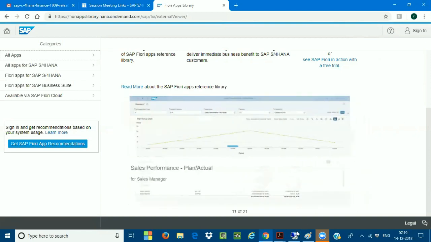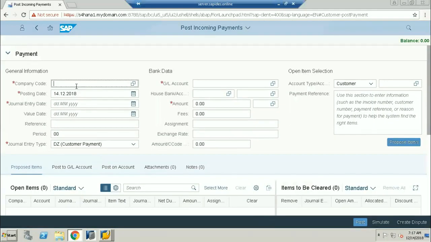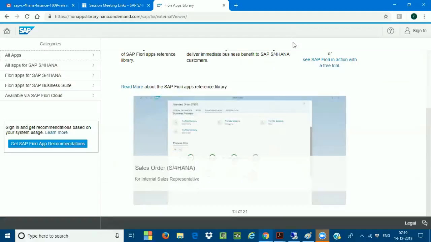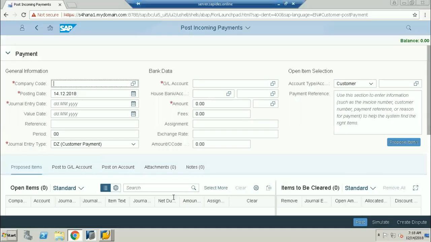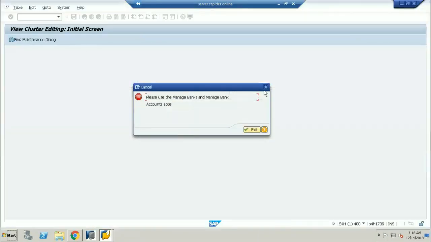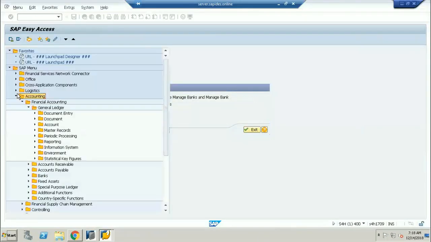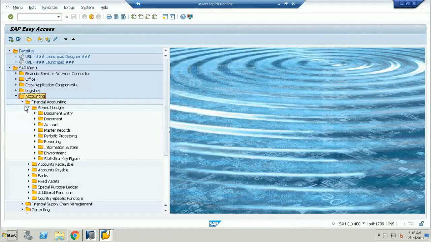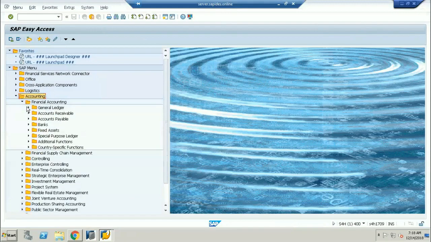Very, very important. For example, I'll take one example now. This is the transactional app. This is not the analytical app. This is the transactional app you're going to be seeing over here. Now the same transaction, if I go into the GUI, I'll go to the accounts receivable.